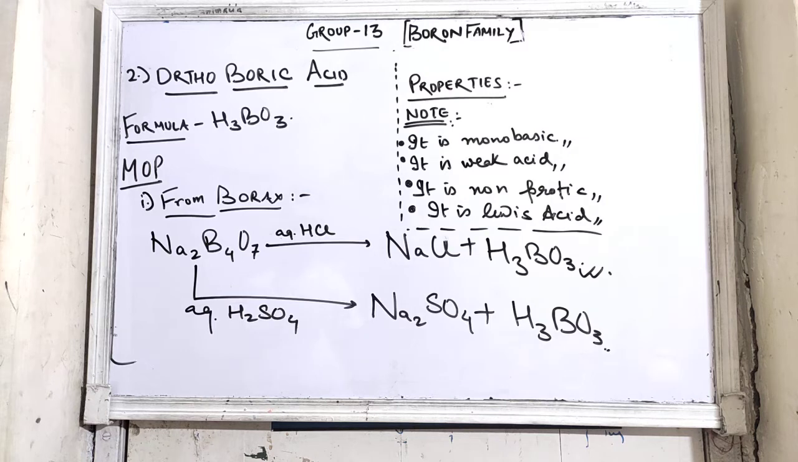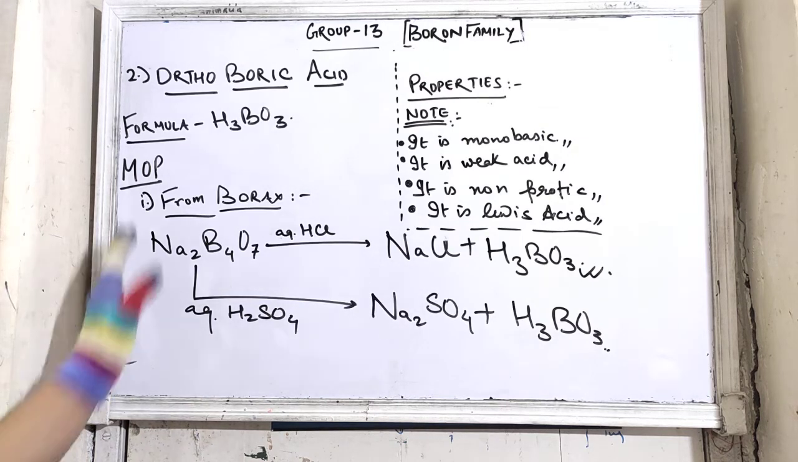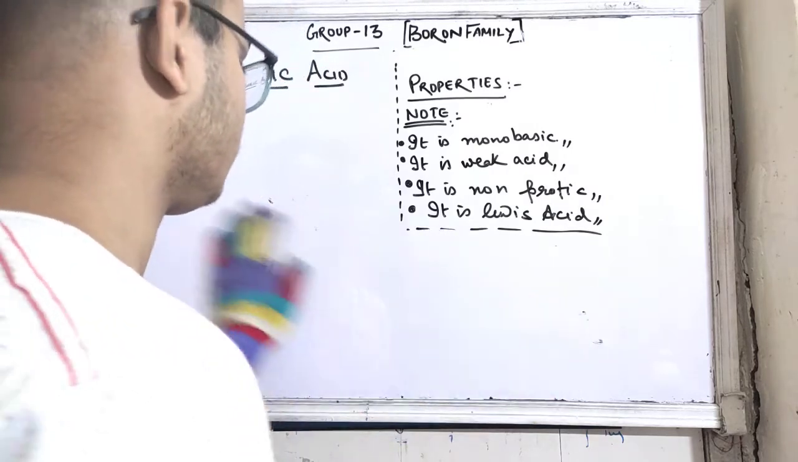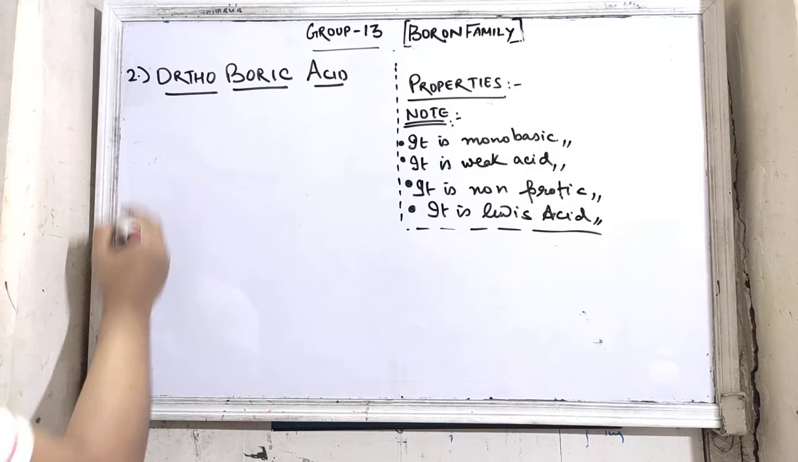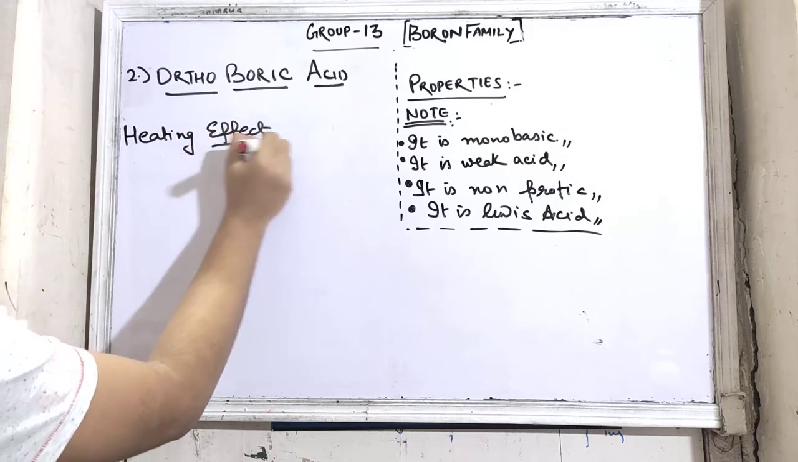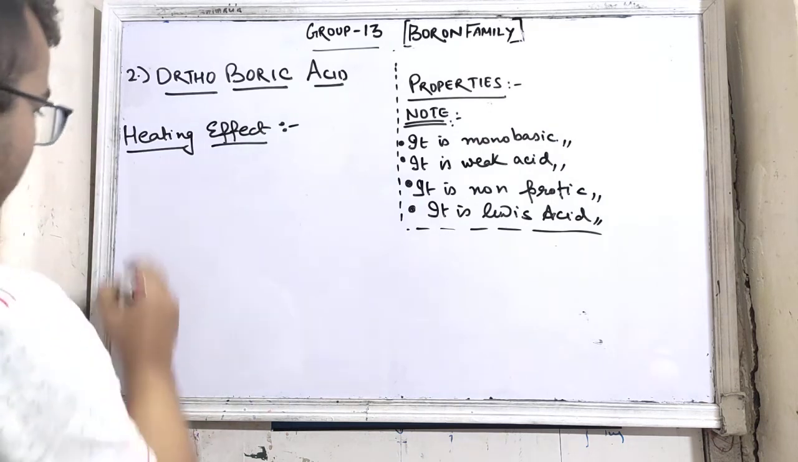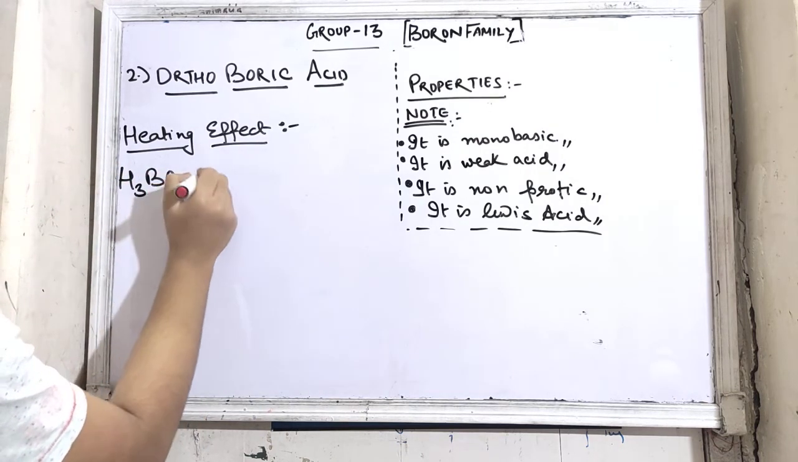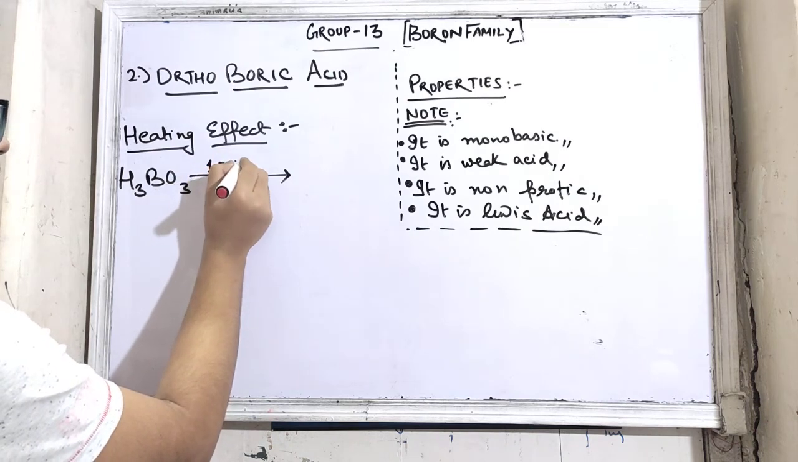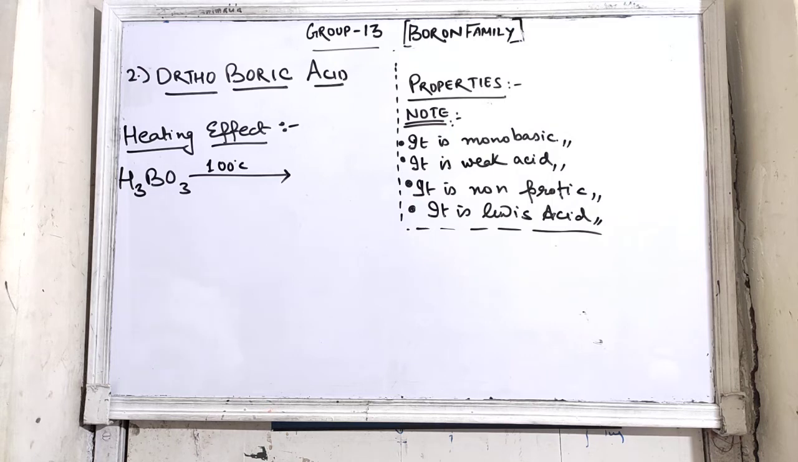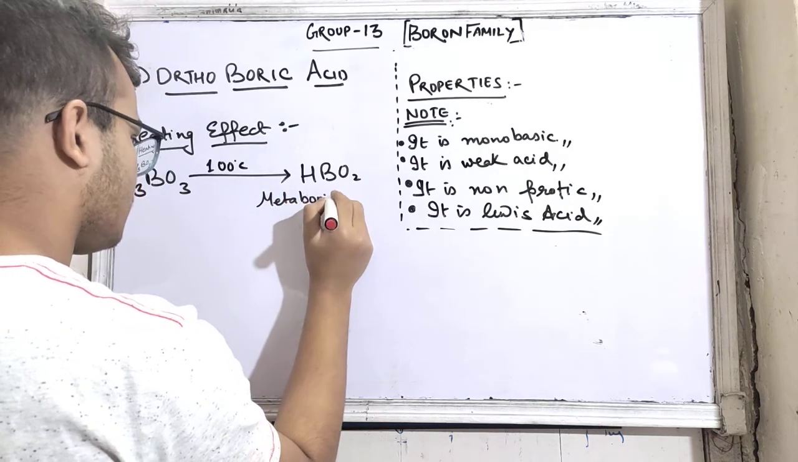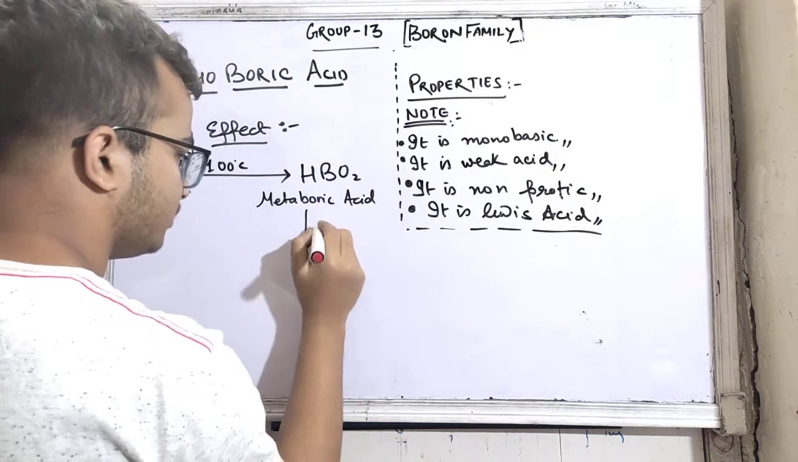Next we come to the other properties. So let's erase this. Heating effect. Okay, similarly heating effect. All right. Here the heading heating effect. Okay. It was H3BO3. Now H3BO3, when you heat it at 100 degrees centigrade, you get metaboric acid. Okay, so what is the formula? HBO2. This is metaboric acid. Now when you again heat it to 150 degrees centigrade,